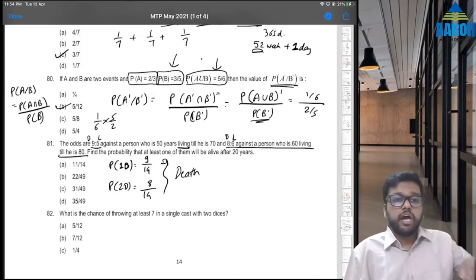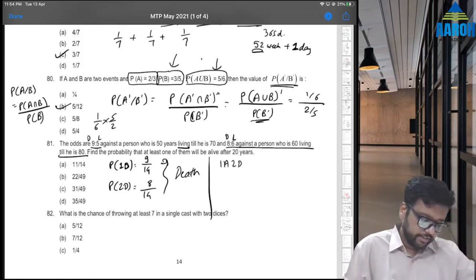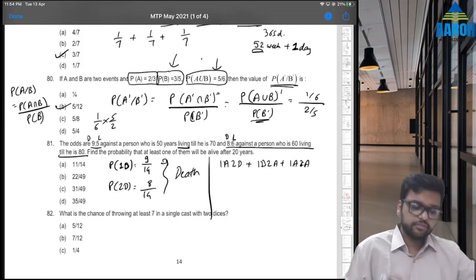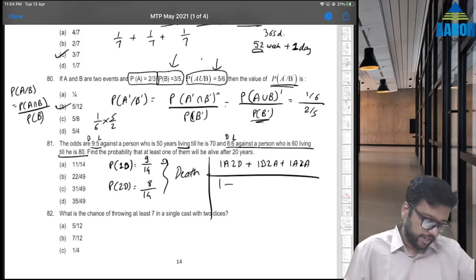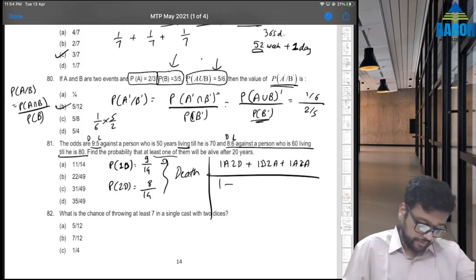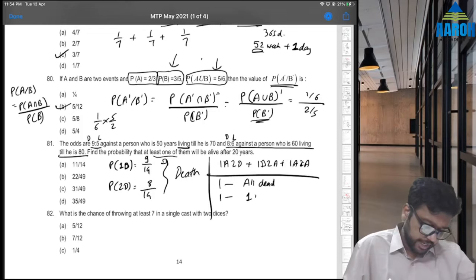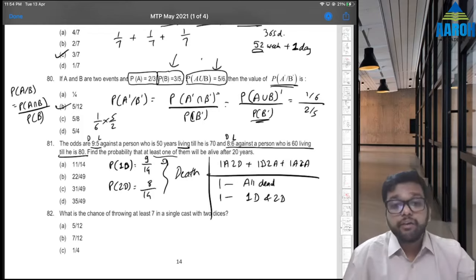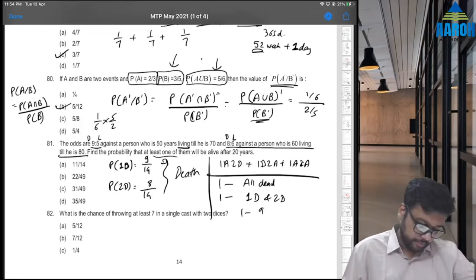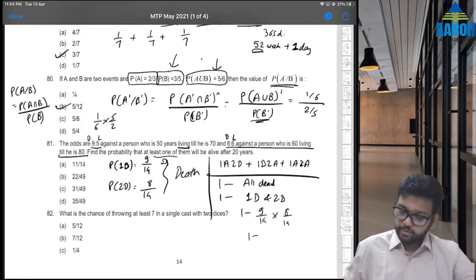At least one, you can solve this in two ways. At least one is alive means first alive second dead, or first dead second alive, or first alive second alive. But instead of finding 3 cases, it is better to find 1 minus, since the opposite of at least one alive is nobody alive. So 1 minus all dead. 1 minus all dead means 1 minus first dead and second dead. We have these probabilities. So 1 minus 9/14 and into 8/14. So that is 1 minus 9 into 8,